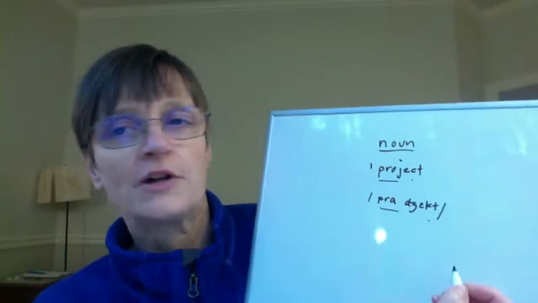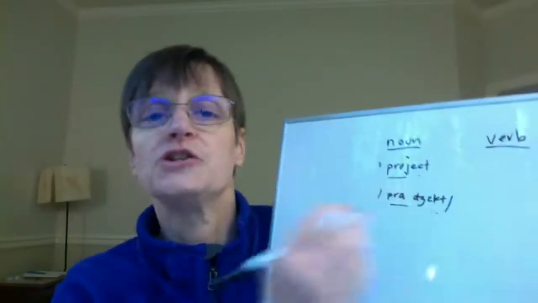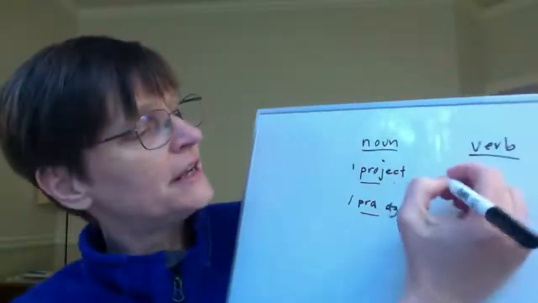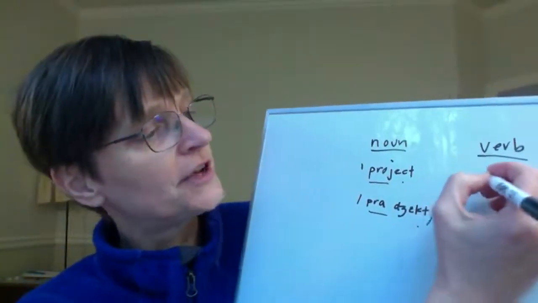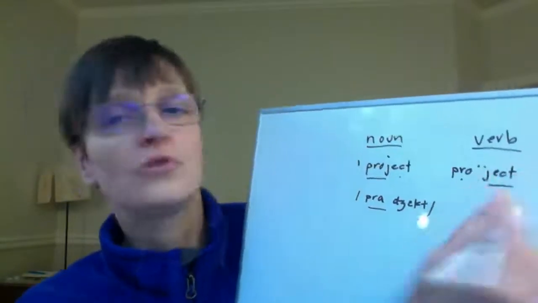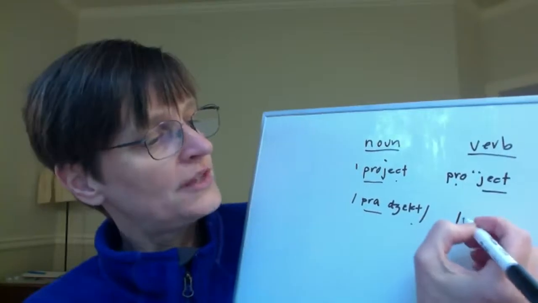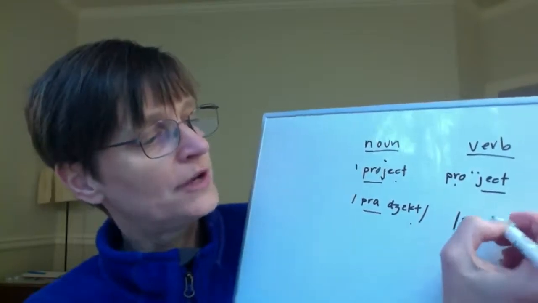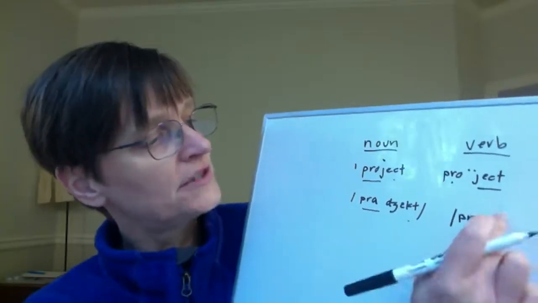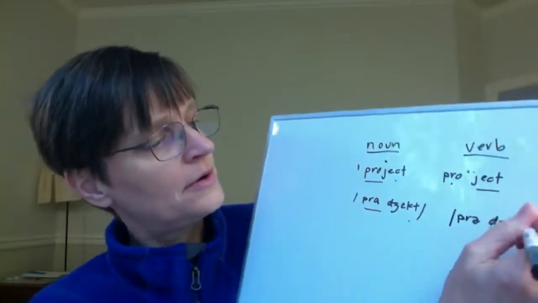With long and short, project. But if I'm using that as a verb, I need to project onto the screen, then it has second syllable stress. So it's short and then long, project, and the vowel changes. This letter O then says schwa, project, and the rest of the word is the same. And so